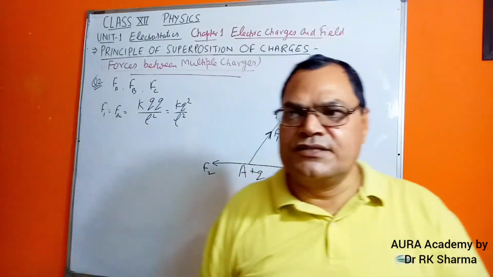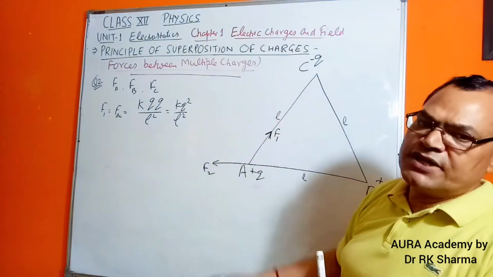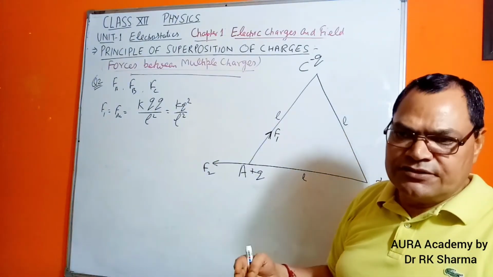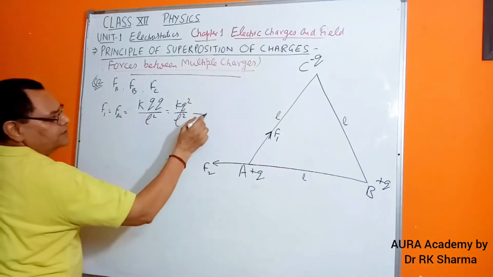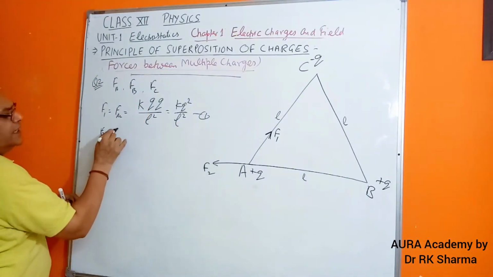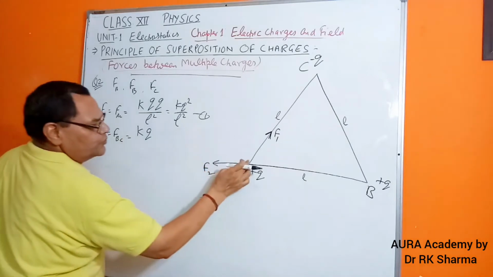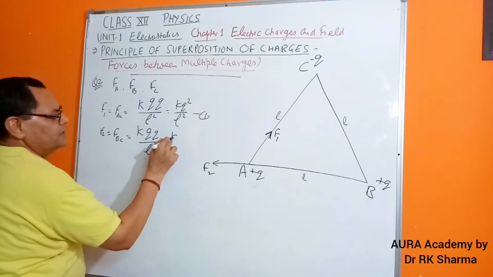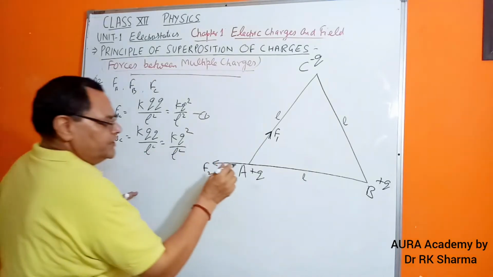In vector quantities, whether it is the force or the electric field later on, the magnitudes are taken. Whenever we consider any scalar quantity, of course, the algebraic sum and the sign will also be considered. So this is F1, got it? Alright, what about this F2? F2 will be nothing but F of BC, from B to C. So this will again be K, Q here, Q there, and the distance is L square. So simply KQ square by L square.